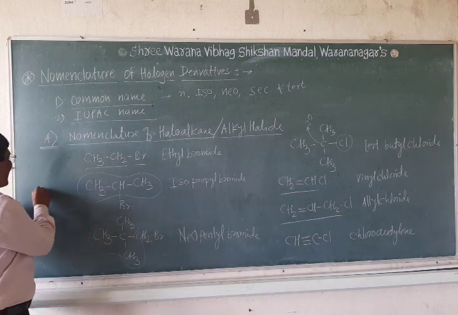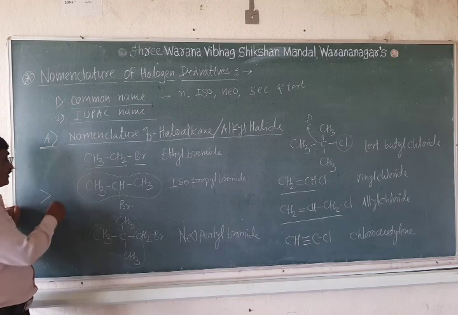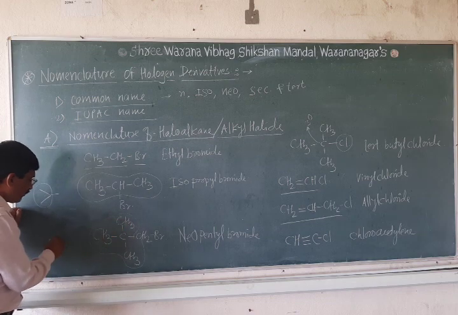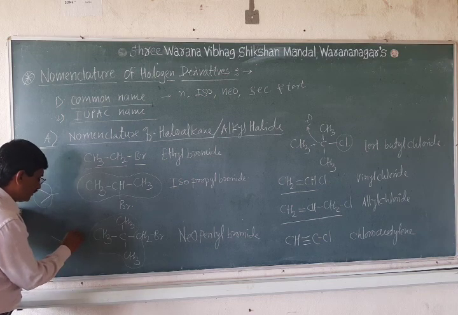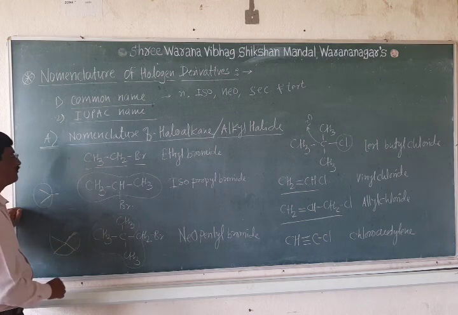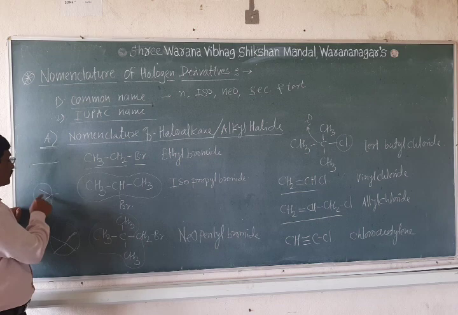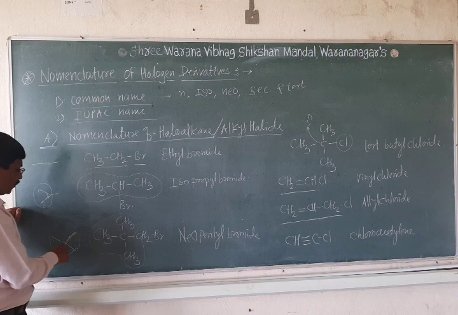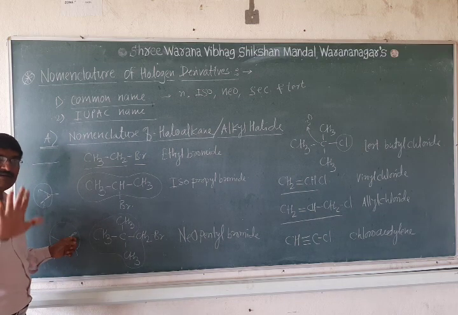That means the branching is like this, containing 3 continuous carbon atoms. If there is a branching, that time this is nothing but the iso group. In case of the neo group, what happened? The branching is like that. This is nothing but the neo group. And in normal, that is nothing but the straight chain. That means such a type of functional group is already present. 1, 2, 3. Here 1, 2, 3, and the remaining 2. That means the neo condition is possible in case of the carbon